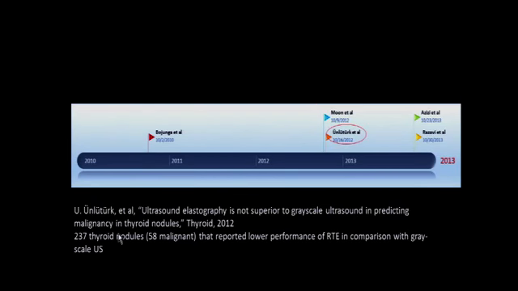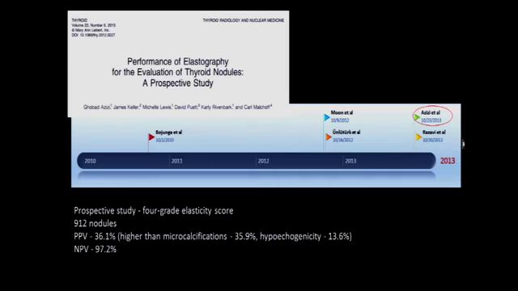Same year, this particular group suggested that ultrasound elastography is not superior to grayscale ultrasound in predicting malignancy. They had 237 thyroid nodules and reported lower performance with elastography in comparison with grayscale ultrasound. However, in 2013, Azizi did a prospective study using a 4th grade elasticity score with almost 1,000 nodules and found